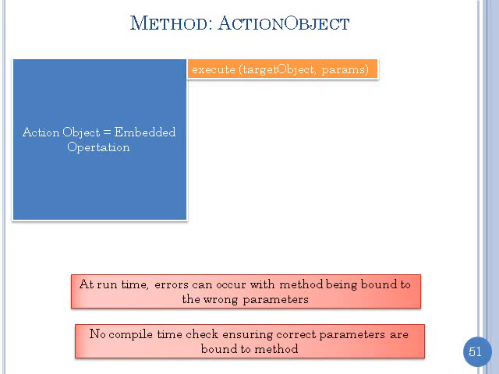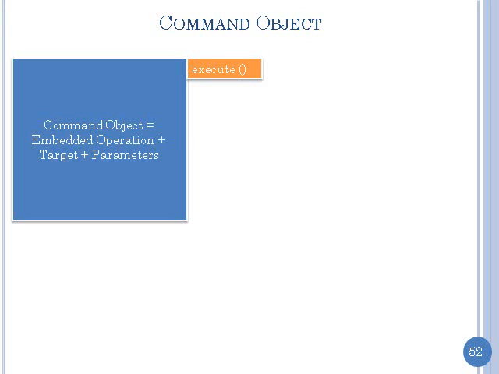And every time you want to call that operation, you say execute. You could call it execute, you could call it invoke, but there is some operation you invoke on it, where you give the target object and the parameters, and say go and invoke the embedded operation on the target object with these parameters. Okay? That is your action. So the details are that you provide an execute method to perform some embedded operation, takes the object as an argument, and the command object